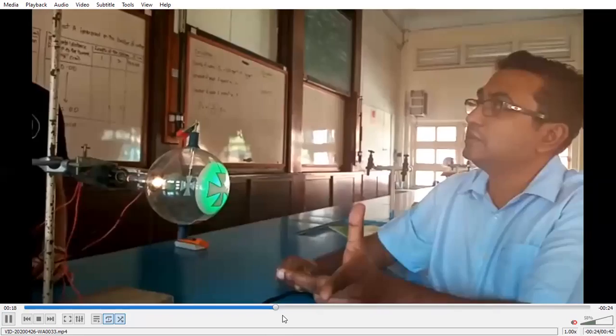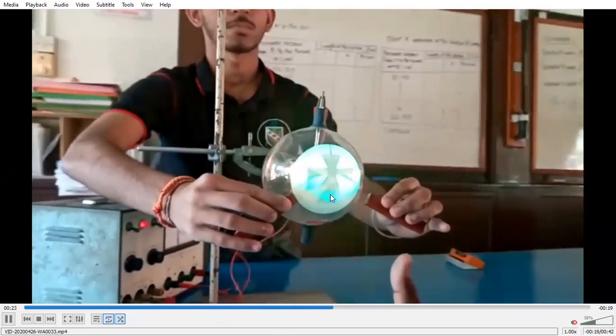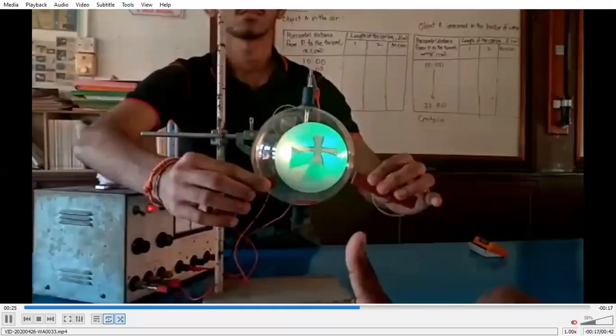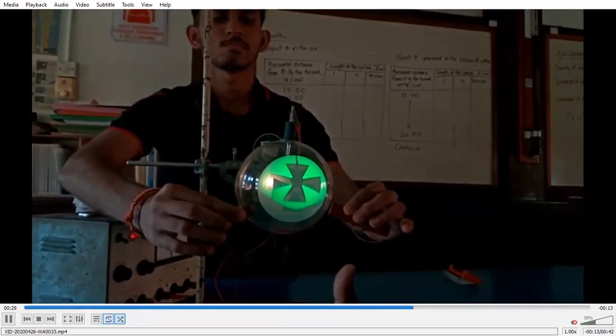Okay, so you see, it'll be green in color. When you on the filament and then you on the anode, it becomes green in color. Now, what happens when you bring a magnet? If you bring a magnet, you see that the shadow will start to move. When you bring the magnet, you find the shadow in this case goes upward. That means the cathode ray can be deflected by